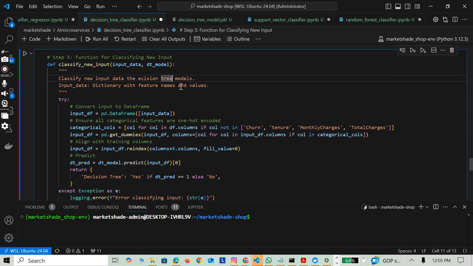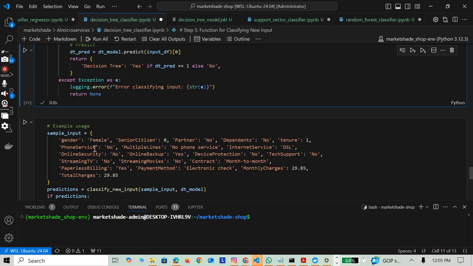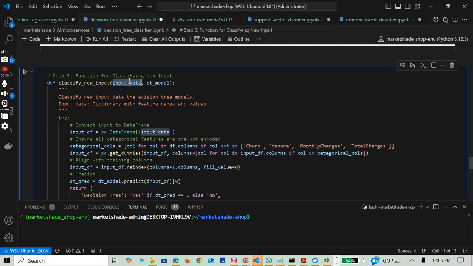The input data will be a dictionary with feature names and values. First of all, we change the input data. Of course, you are going to see a sample input here. Tunarudi hapo. Client akipeana input data yake,